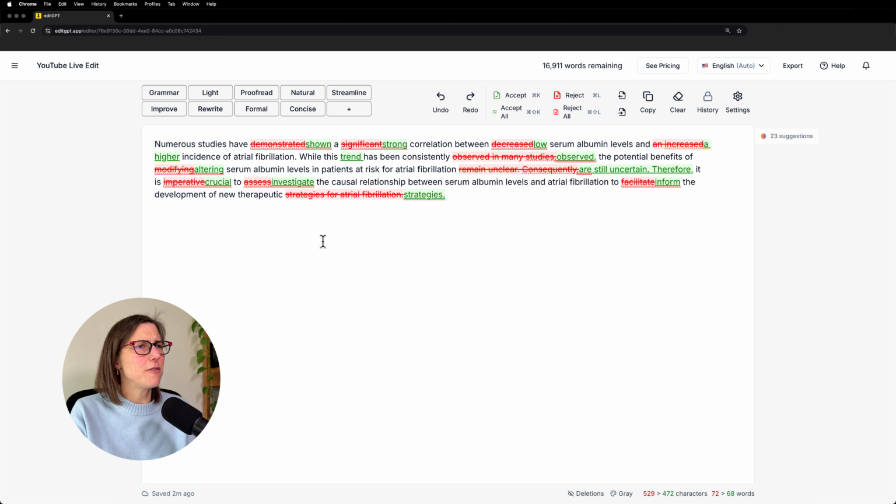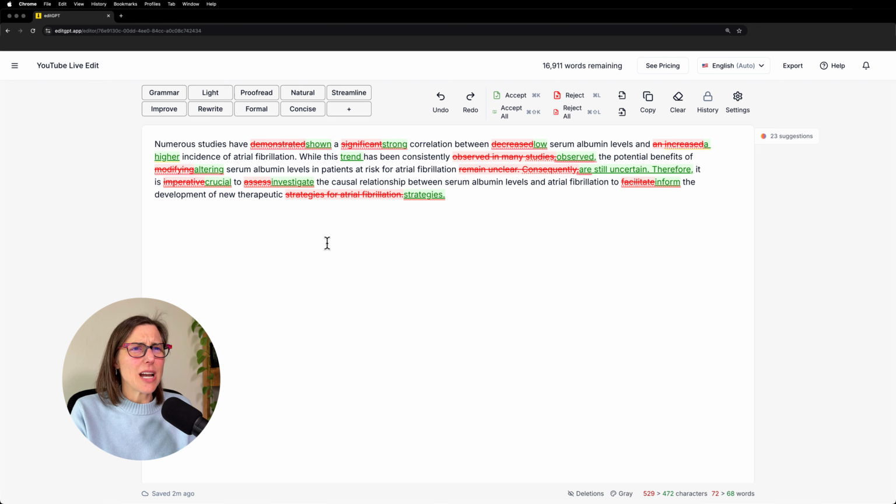Changed assess to investigate. Okay, investigate is a little bit stronger than assess. It's more syllables. I think I liked evaluate a little bit more. Although I will say that you can oftentimes replace investigate with study, and so it has fewer syllables. So if that were the direction I would want to go, instead of investigate, I would use study. I might like evaluate a little bit better, but I will tell you what I would actually do next week. So be sure to subscribe so that you don't miss that.